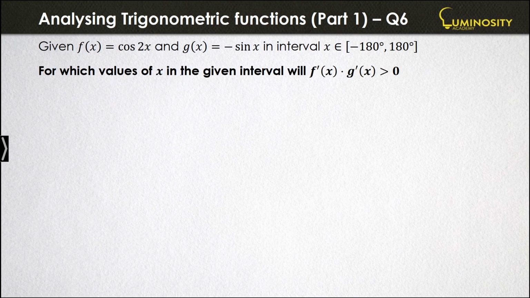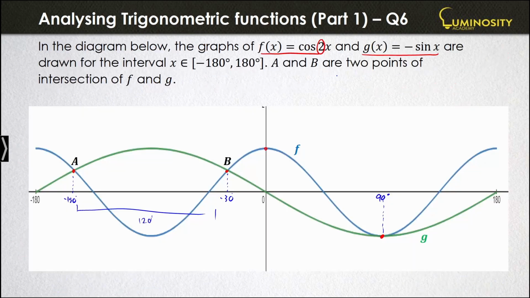For which values of x in the given interval will f prime x times g prime x be greater than 0? Now we've got to be very careful here. We're not talking about the original functions anymore; we're talking about the derivatives of the functions. But we have trigonometric functions, so how do we work out the derivative of those? There is a way to find the derivative of these trig functions, but if you cannot work it out manually, it's best to use a graph, which shows you where the graph is increasing and decreasing. Remember, f prime and g prime tell us the gradients of the tangent lines. So if we come back to the graph here,